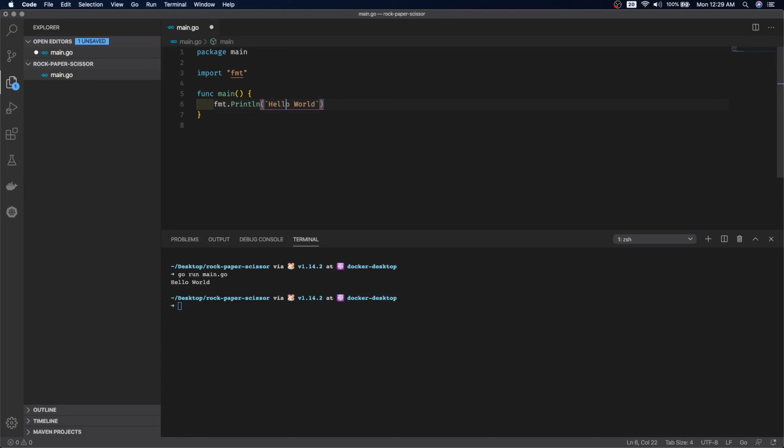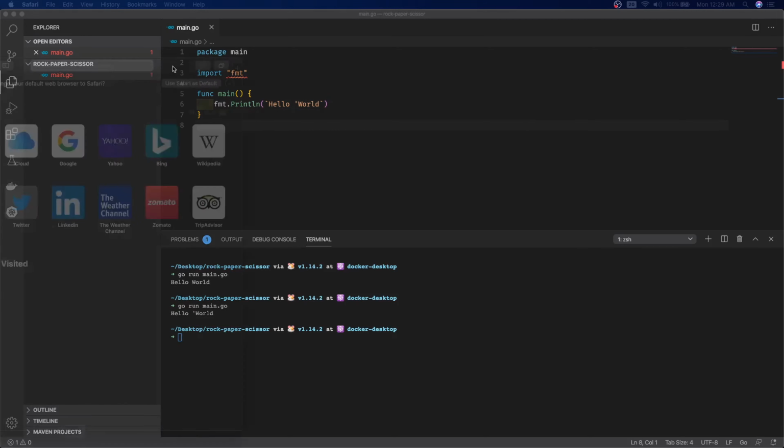We can also use backtick, as you can see I've used, and the backtick is for declaring string literals. It makes it so you can have quotes and new lines and they are interpreted literally rather than breaking the string. So we can have any character inside that.